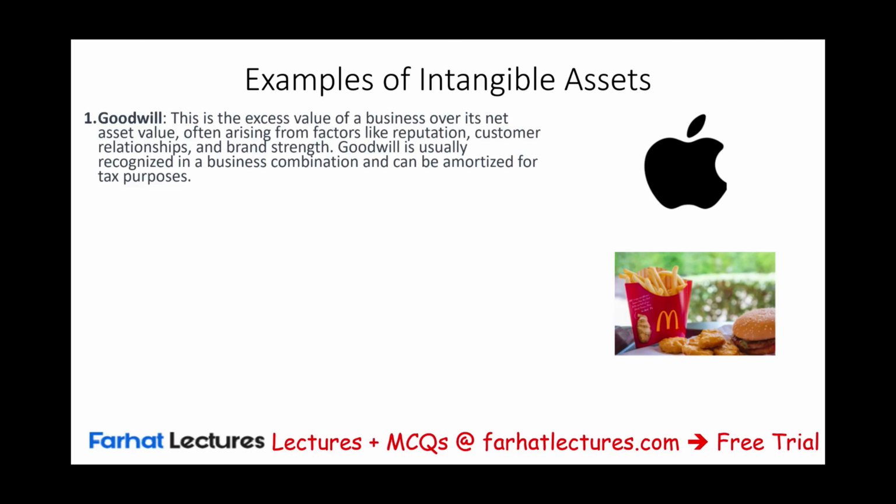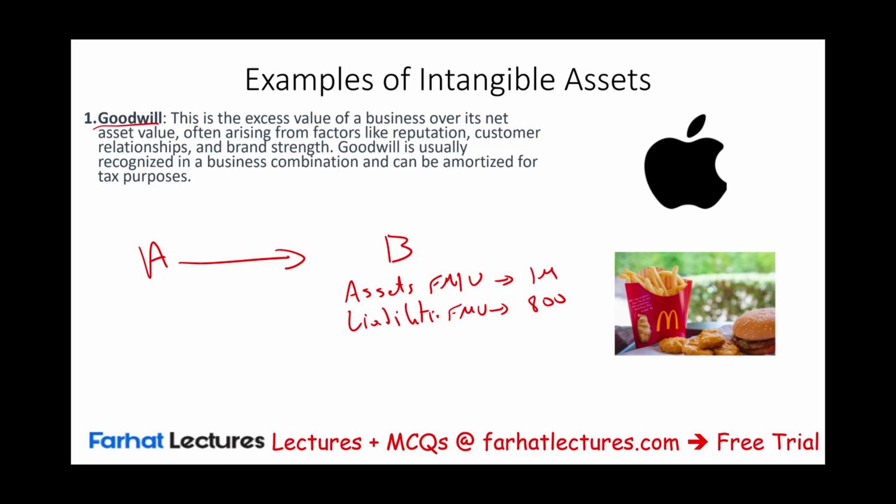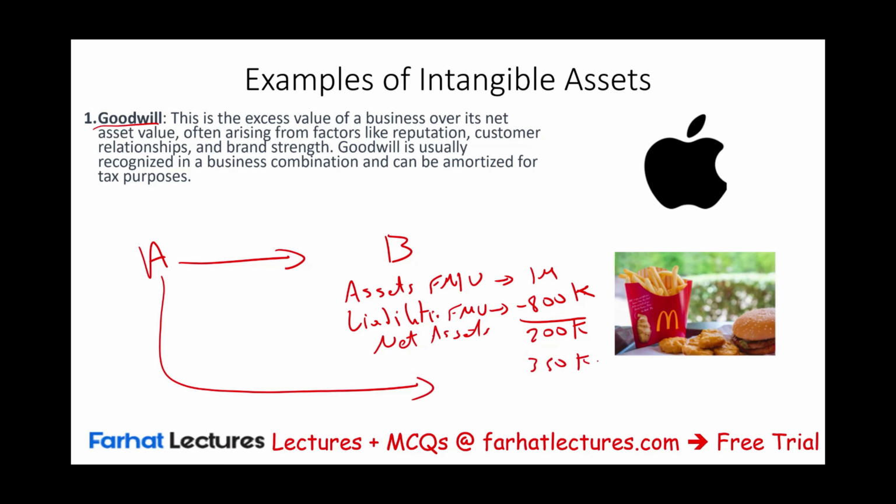Let's take a look at some examples of intangible assets, starting with goodwill. This intangible asset is a little bit unusual. Let's explain it. Goodwill is created when one company, for example, company A, purchases company B. So when they purchase company B, they look at company B's assets' fair market value. Then they look at their liabilities' fair market value. And let's assume the assets are worth $1 million and their liabilities are worth $800,000. The difference between assets and liabilities is what the company is worth at fair market value, what we call the net assets, which is $200,000. And here comes company A and pays $350,000 for this company.